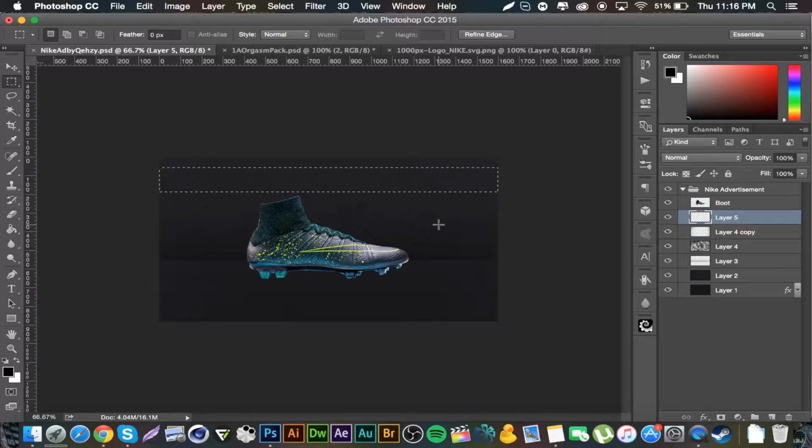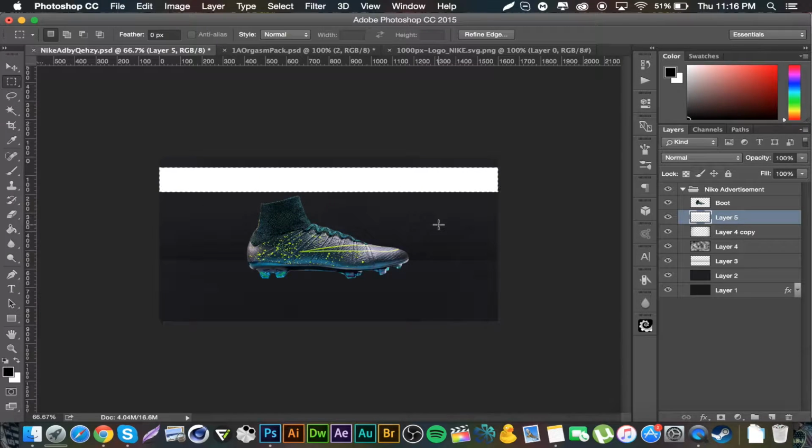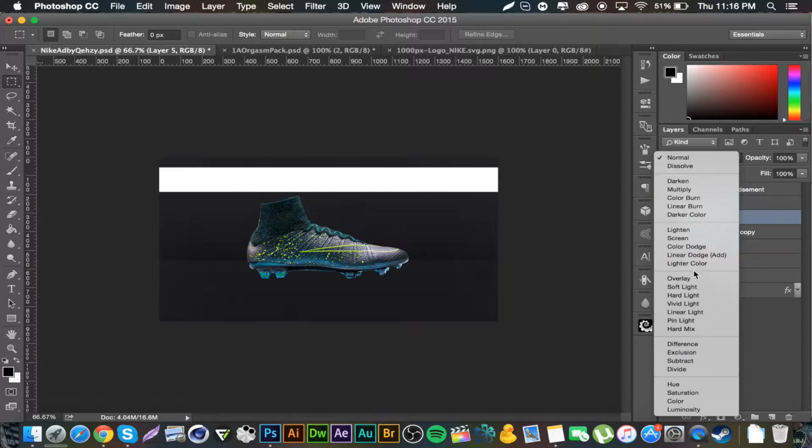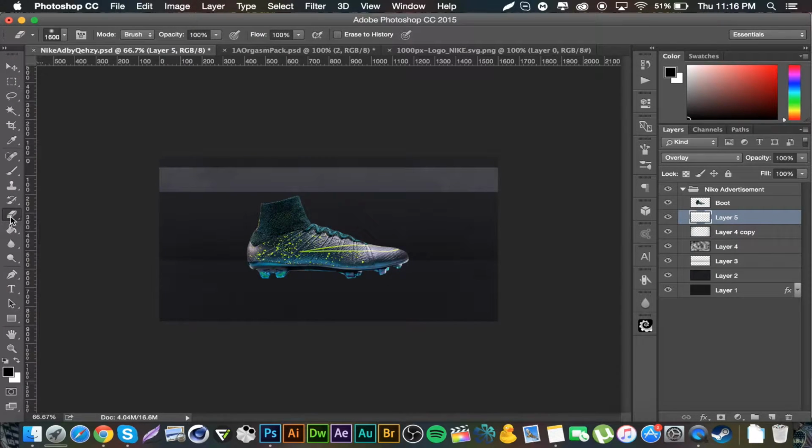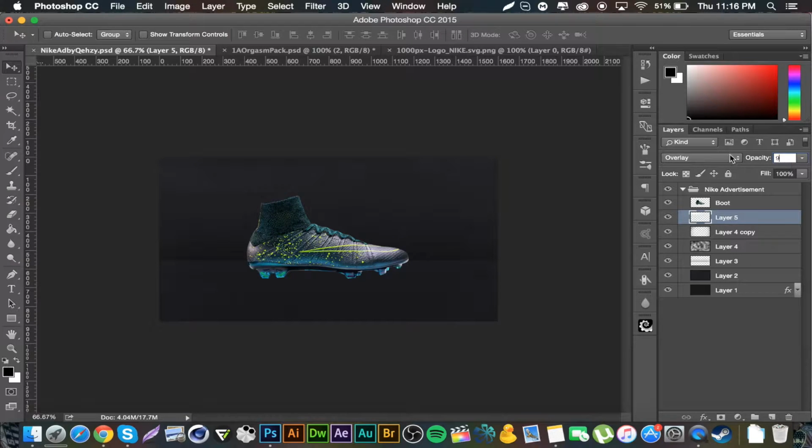I'm going to press Command Delete, which will fill it with the background color, which is white. And we're going to set that to overlay. And we're going to get our eraser tool again and just buff out one side like that. We're going to make sure that's on overlay and 9%. And then we can duplicate that